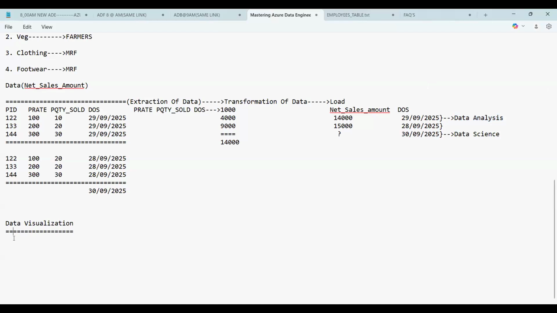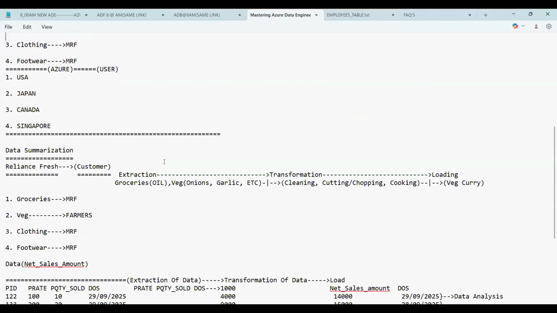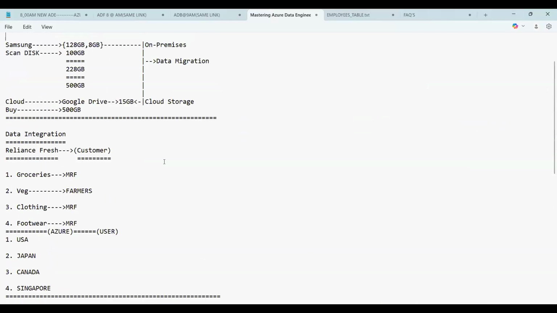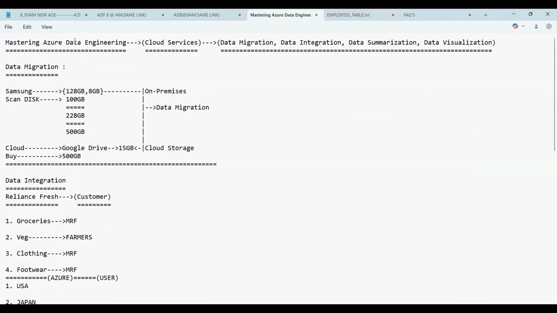Sorry, is it called data science or data analysis? Data science or data analysis, but many more things are there. I'm just giving a brief of it, guys. These are the two important things in visualization. So from the data extraction till the data visualization, this whole task we can do by using what?